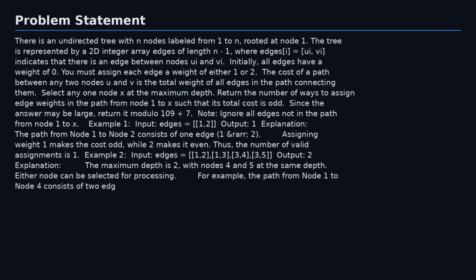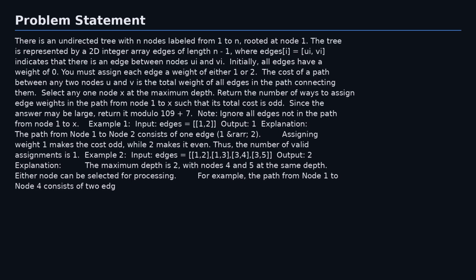So let's get started. The problem provides us with a list of edges in a tree and asks us to find the number of ways to assign weights to these edges such that the total cost is odd. The cost of a path is calculated as the sum of the weights of the edges in the path, and we can assign a weight of either 1 or 2 to each edge. We need to consider all possible assignments of weights to the edges and count the number of ways to achieve